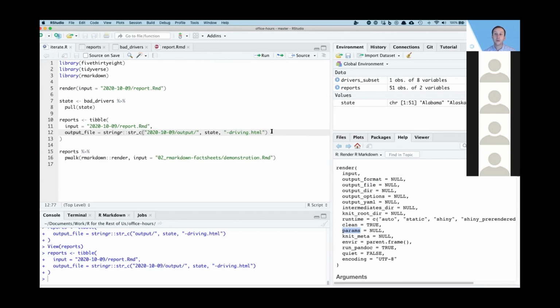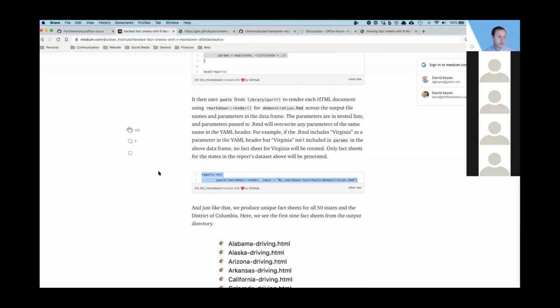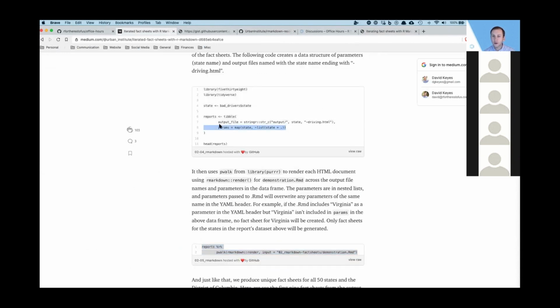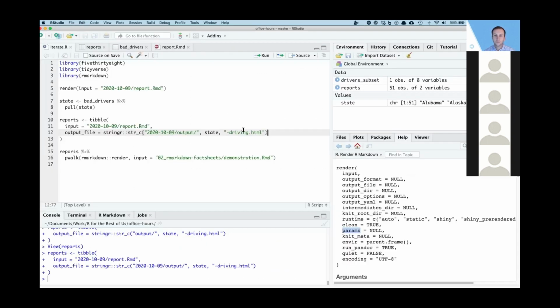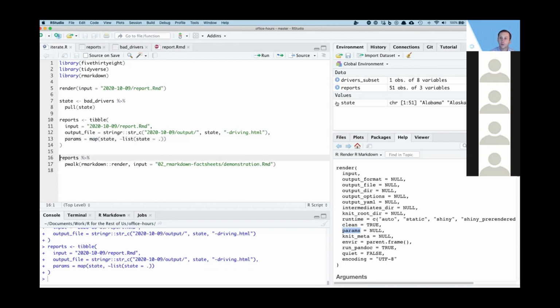And that's helpful because we can then pass parameters when we are actually doing this iteration. So I'm going to go back to the article here and see exactly how he made it. So what he's done is he's created params, and it's equal to map, a function from the purrr package. It's all about iteration. Let me run this real quick, open it up and then show you,